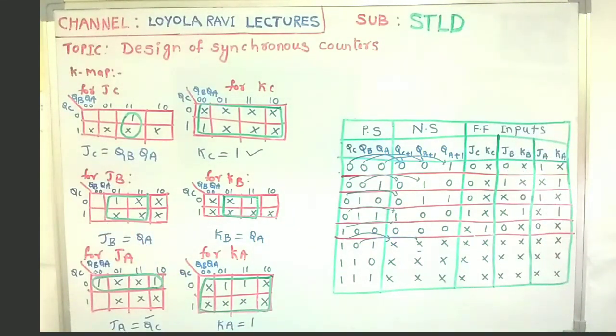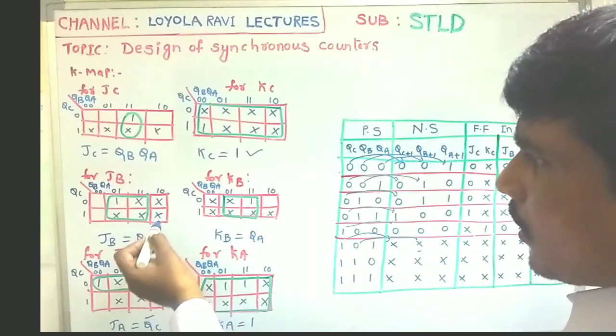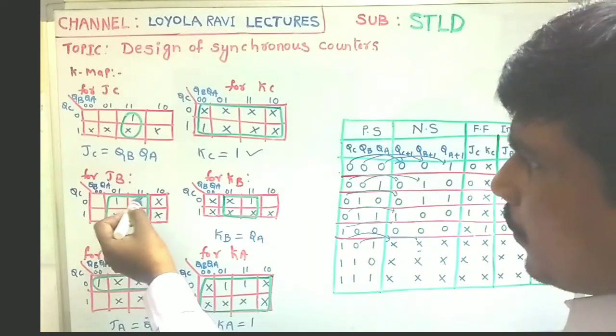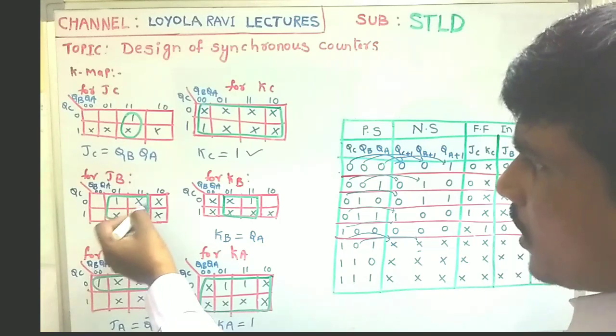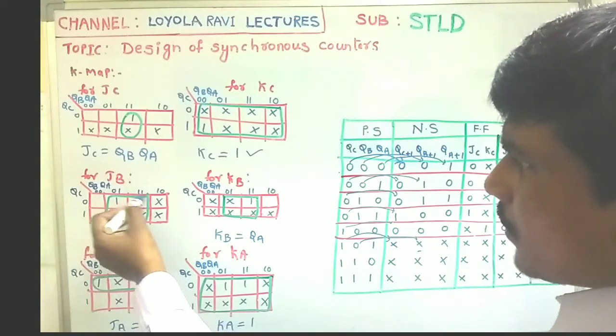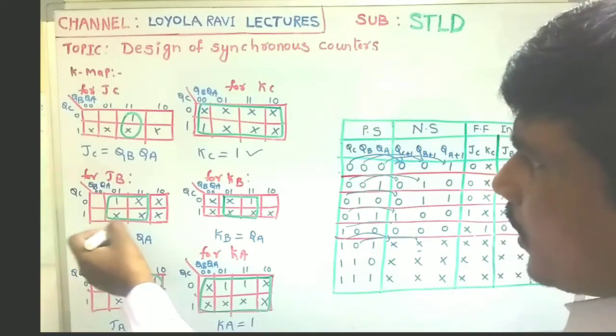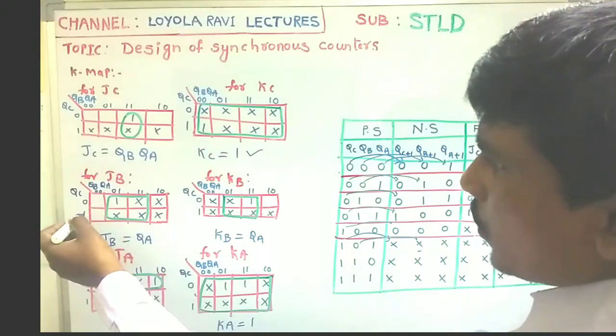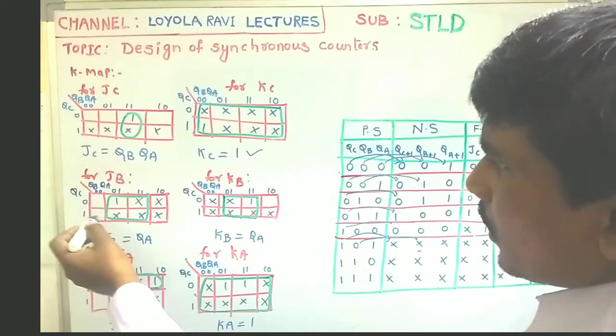Then there is a formation of quad. And if you take this one, there is no formation. So if you consider these don't cares as ones, then there is a formation of quad. That's why I am considering this as quad here. Horizontally there is no don't care, no common terms horizontally.